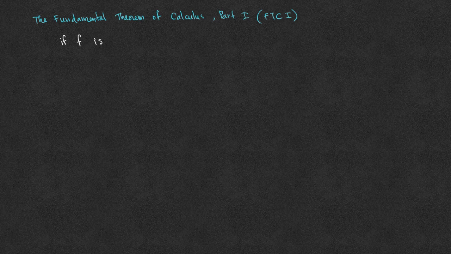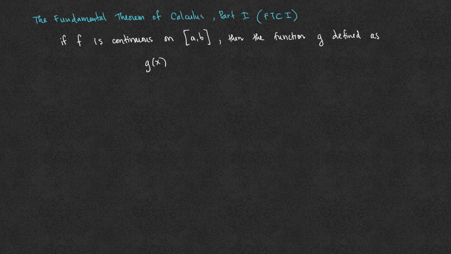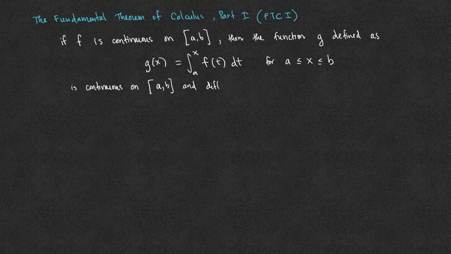The fundamental theorem of calculus, part 1, states that if f is a continuous function on the closed interval [a, b], then the function g defined by g(x) equals the integral from a to x of f(t) dt, for a less than or equal to x less than or equal to b, is continuous on the closed interval [a, b] and differentiable on the open interval (a, b), and g'(x) equals